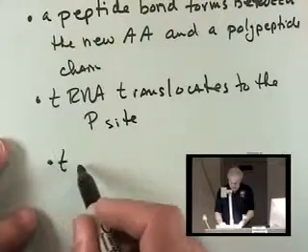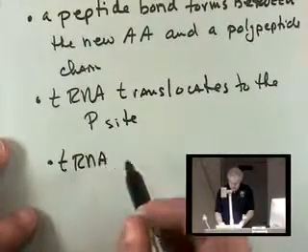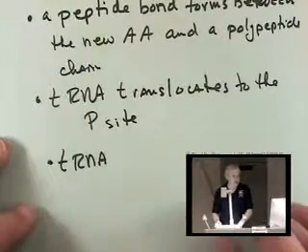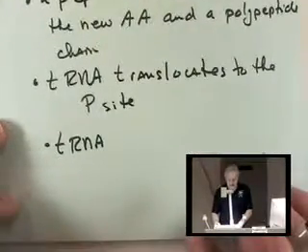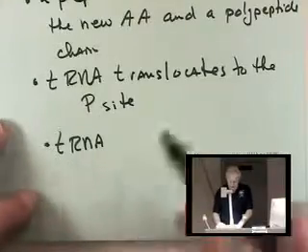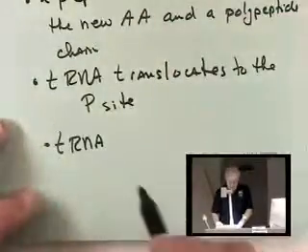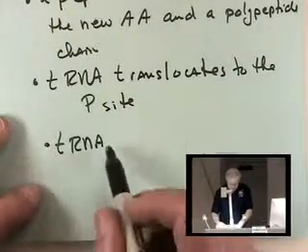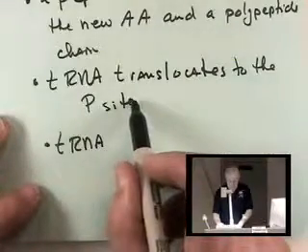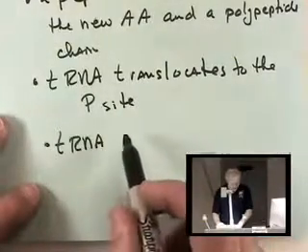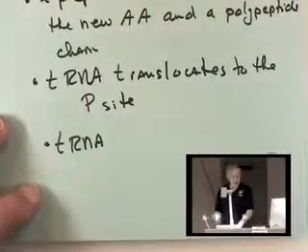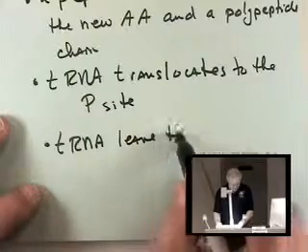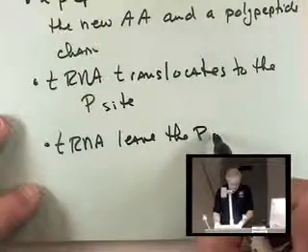Then, as this process continues, this tRNA will end up giving up its connection to the polypeptide as the next new aminoacyl tRNA comes along to begin this process at the top. We're following just this one tRNA coming through. So it had the polypeptide attached to it while it was in the P site. It's going to give it up to the new one coming into the A site, and therefore it's going to leave the P site as it gives up the growing polypeptide,